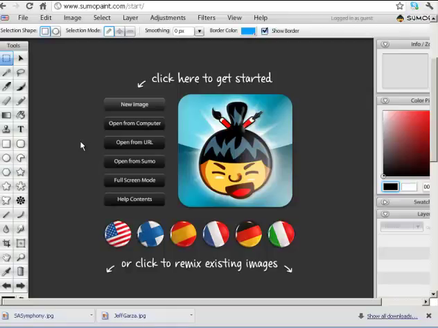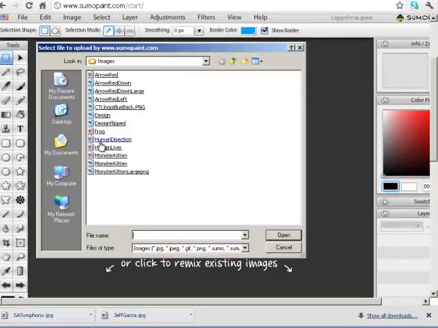Today's lesson is we're going to learn how to alter an image. Sometimes you want to alter an image to make it more understandable as a better teacher aid for the students. And so first what I'm going to do is open an image from my computer, and I'm going to get